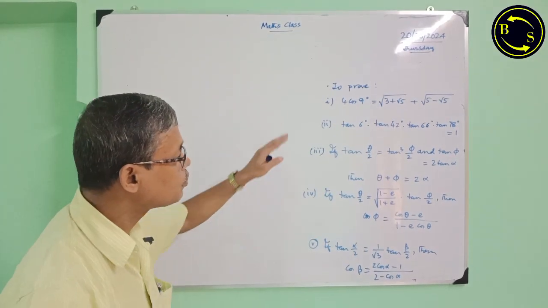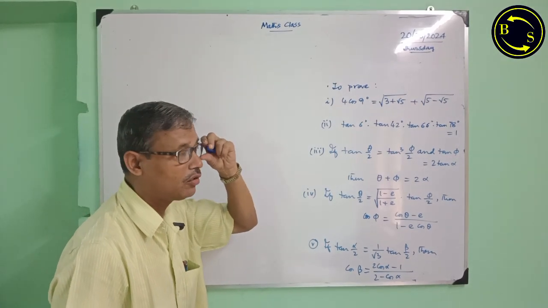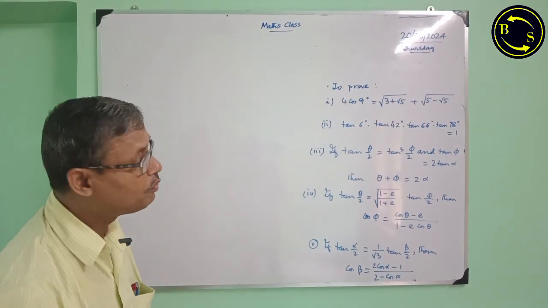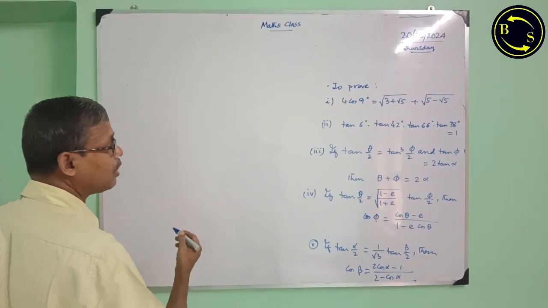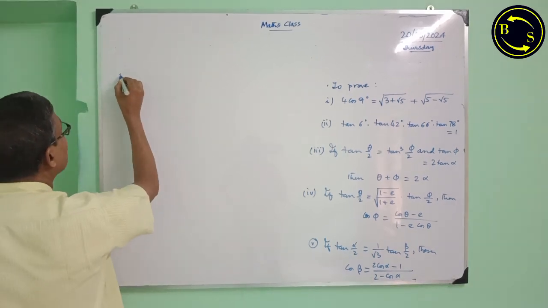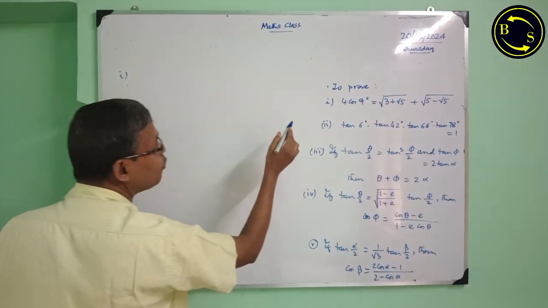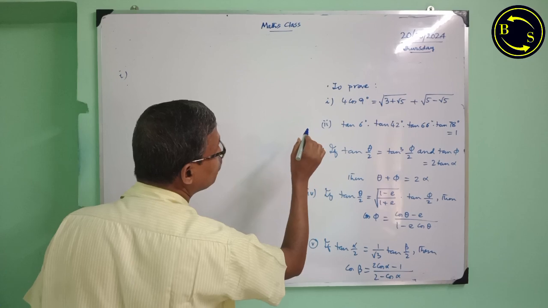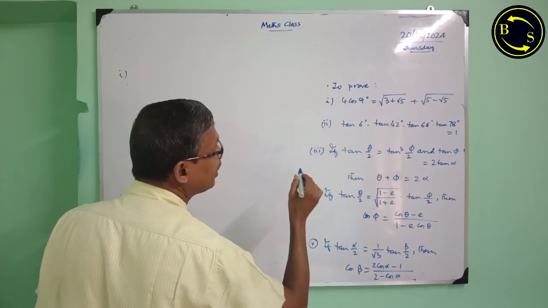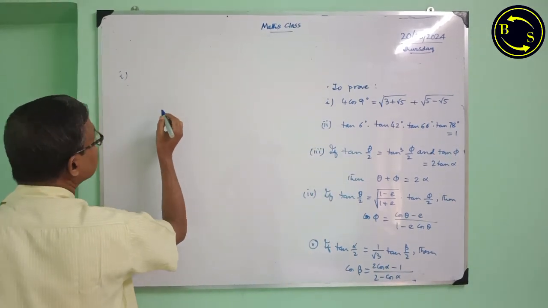Next we are going to solve a few more sums. Already I have written them on the right side of the board. Then I am working them out one by one. Number 1. To prove 4 times cos 9 degree equals the right hand expression. For that,